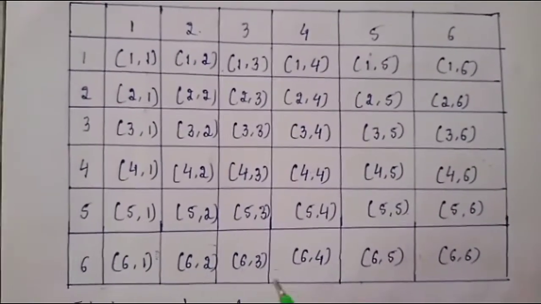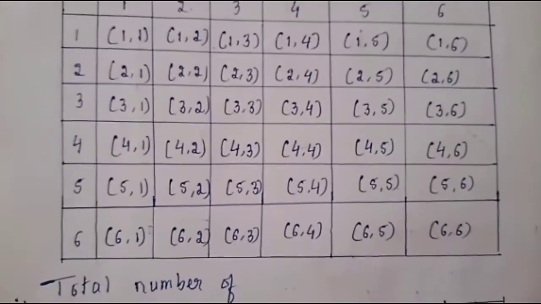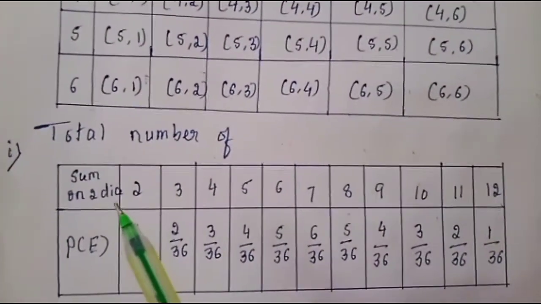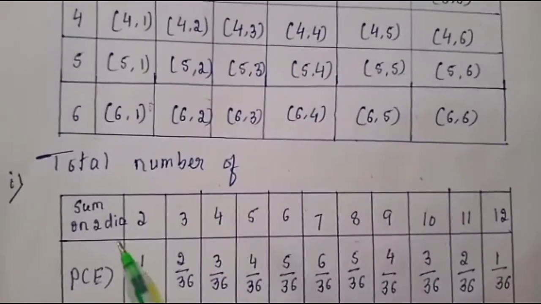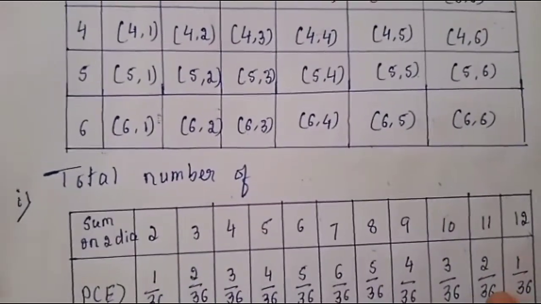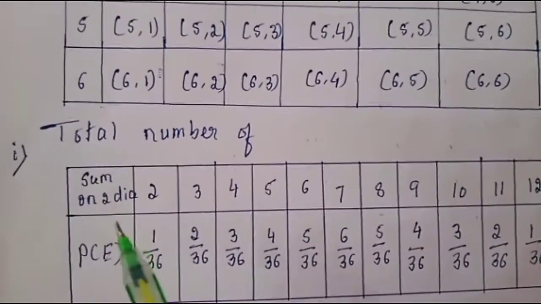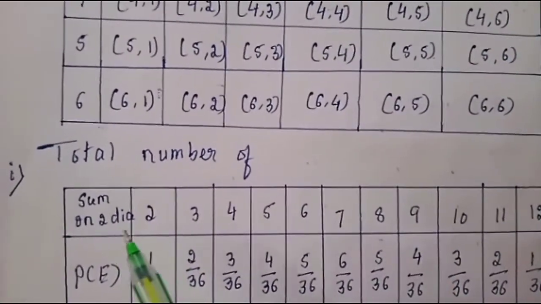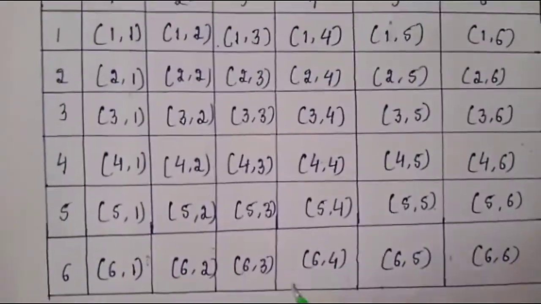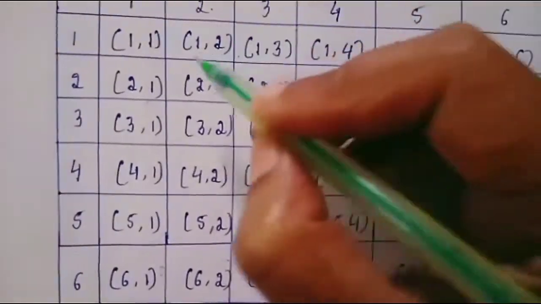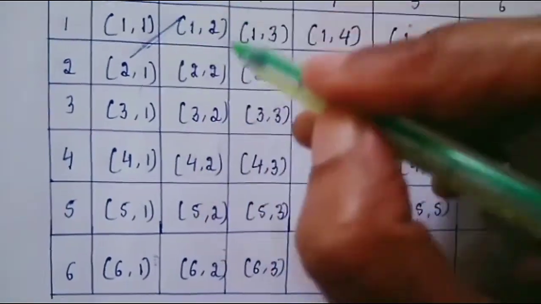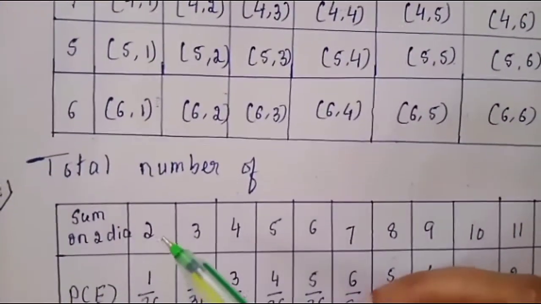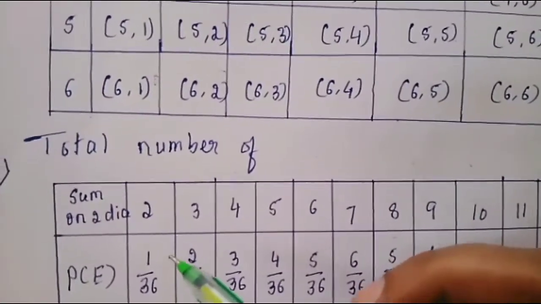And on this table, they may ask n number of questions. But in this table, they are asking you, the sum on two dice is an event. So there may be many events. They may be asking you product, difference or multiple or a factor. Any concept they may ask on this table. But in this question they are asking the sum on two dice. So the sum on two dice is 2. You just observe here 1 plus 1 is 2. So if you observe 1 plus 1 here, you get 2 only one time. And next, 2 is occurring how many times? One time. So out of 36, 1 by 36.